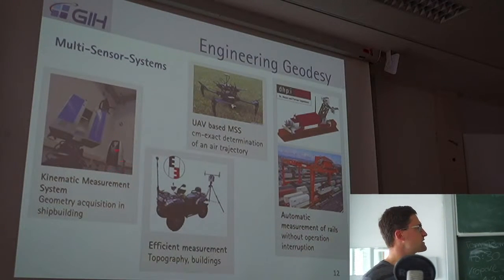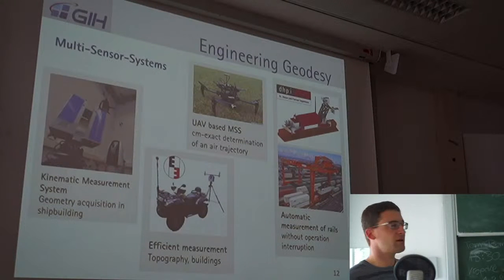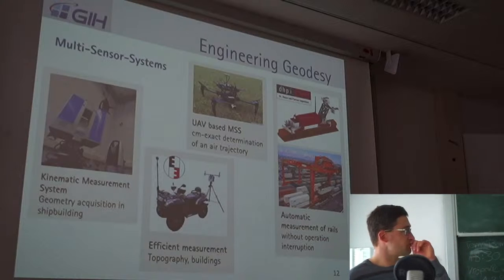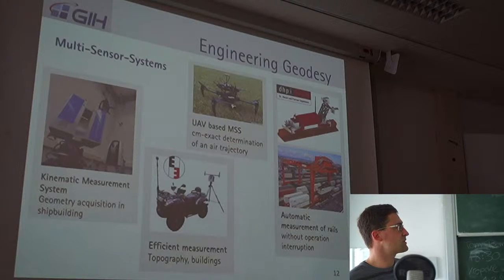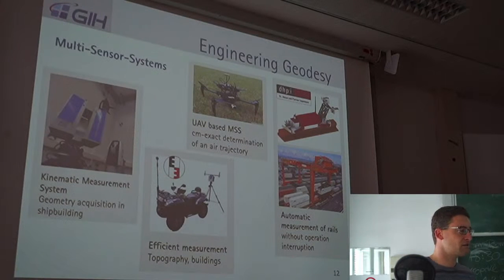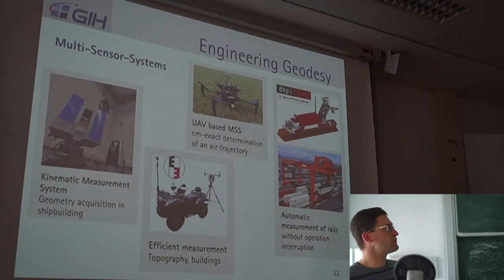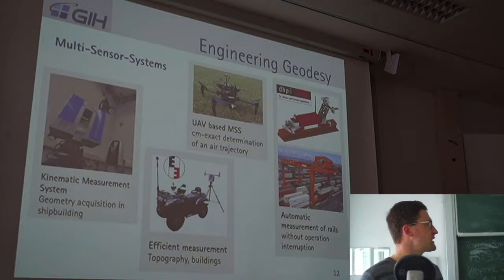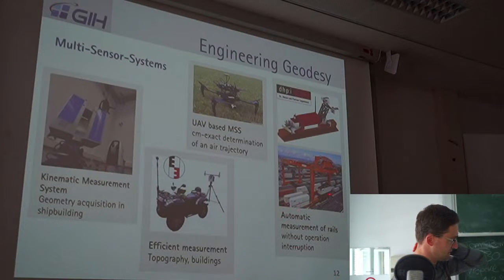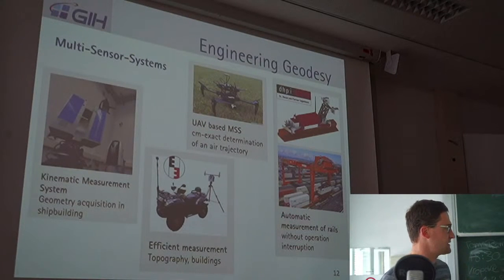What we have here, laser tracker and laser scanner together for mobile mapping. Also the UAV-based multi-sensor systems, which are equipped with cameras and laser scanner, and then the data will be fused afterwards. And also for a crane path here, this wagon is going to map the crane path